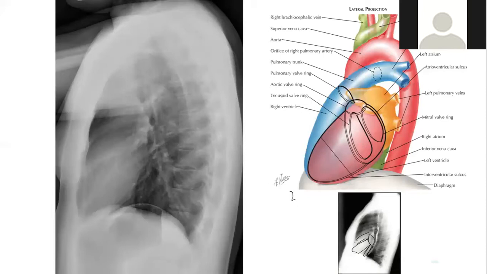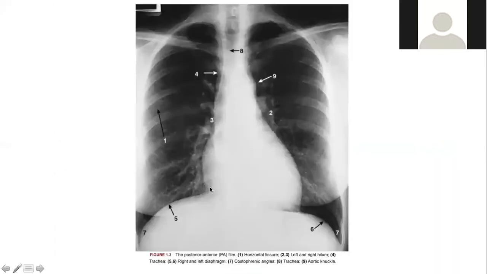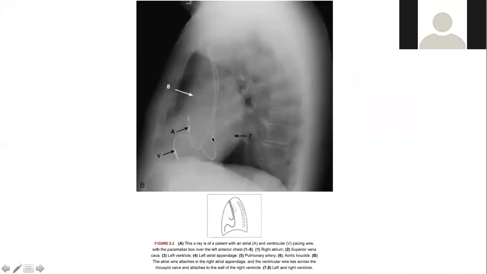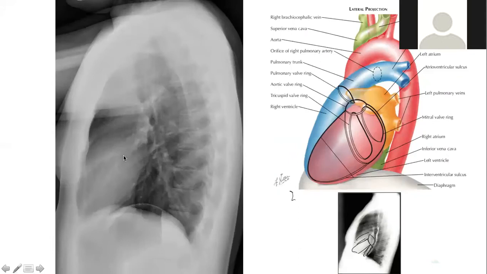PA. Remember, the entire right border is made out of the right atrium, right? The entire border is right atrium. Okay, so next, the posterior border is mostly going to be left atrium right here, and